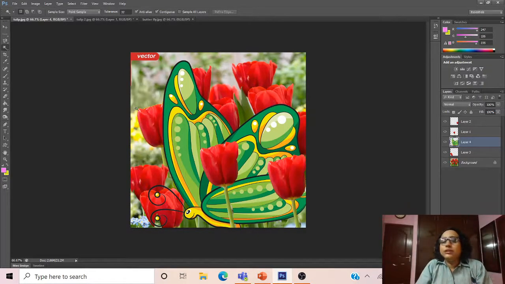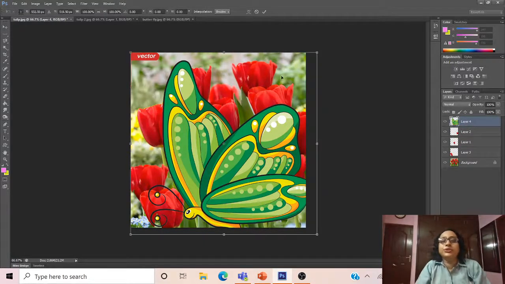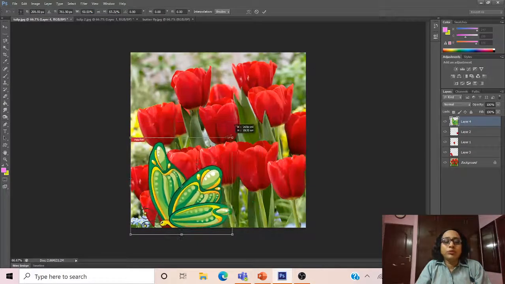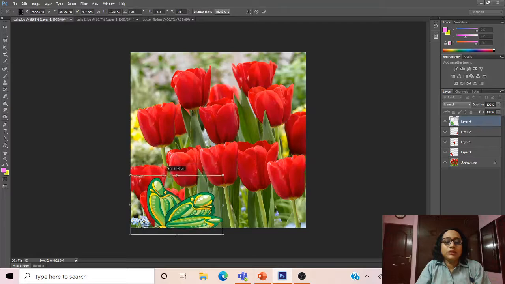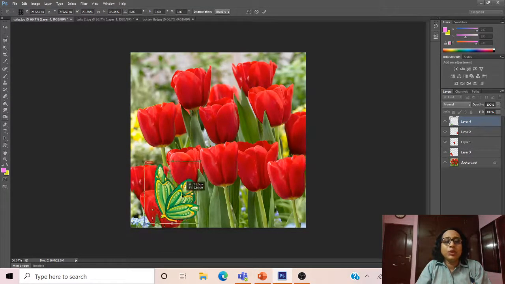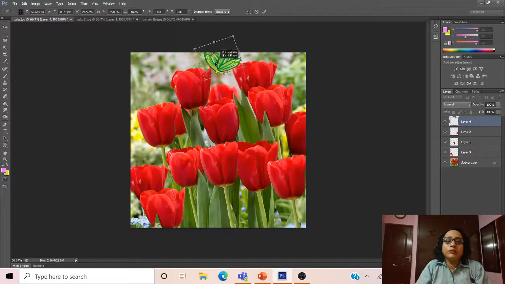Now as you can see, the butterfly has come on the top of this particular image. So what I will do, I'll place it in such a manner that it will look as if it was belonging to this image only. So you can see so well we have placed the butterfly on the flower.